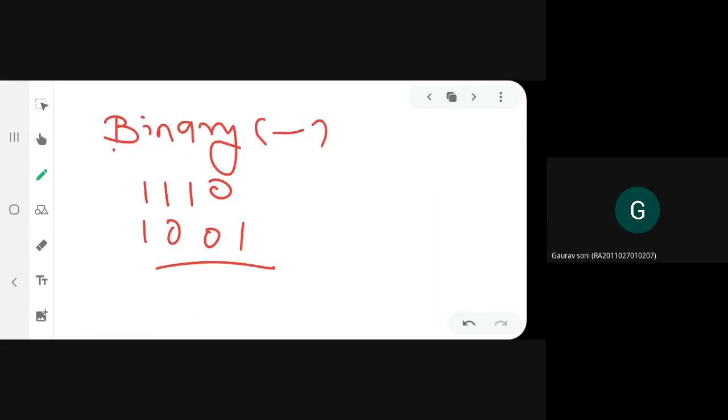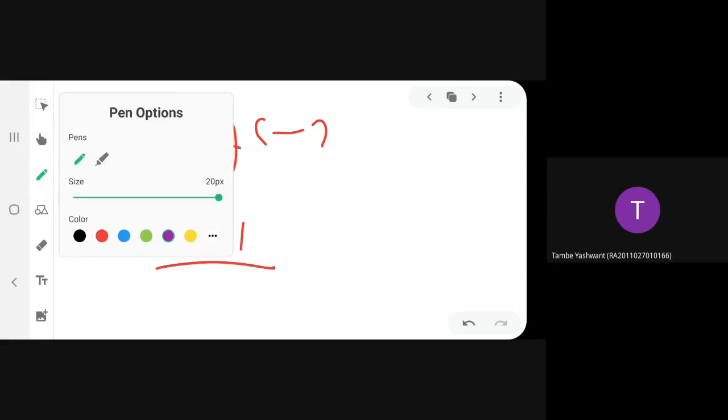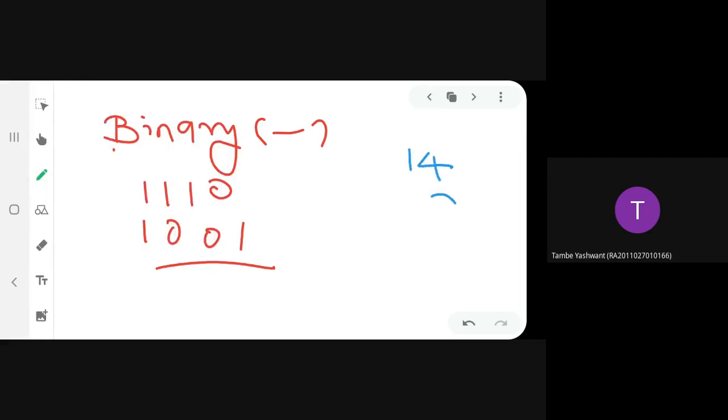Now I have given you 2 numbers. First, find out the decimal equivalent and tell me. If others are not participating, I will handpick people and ask for answers. We will convert to decimal. Normal subtraction first we will do, then we will cross check. The first one is 15 and the second is 9. If you normally do the subtraction, what is the answer that you are getting?